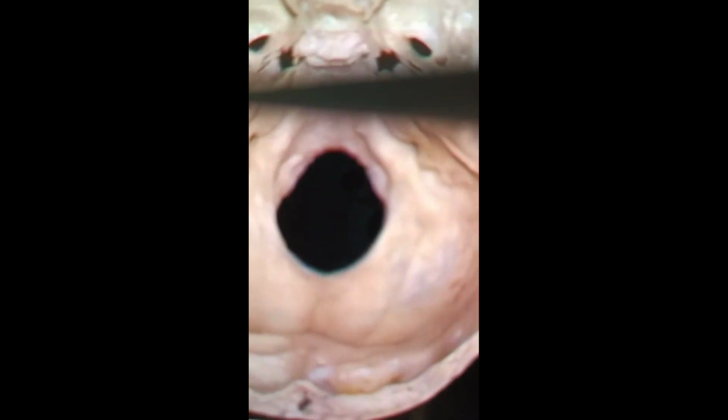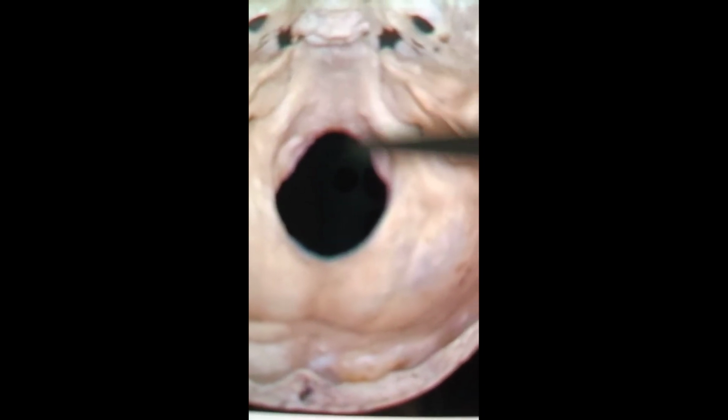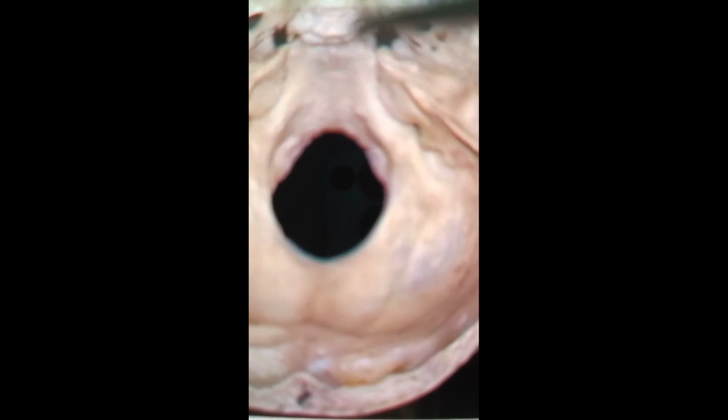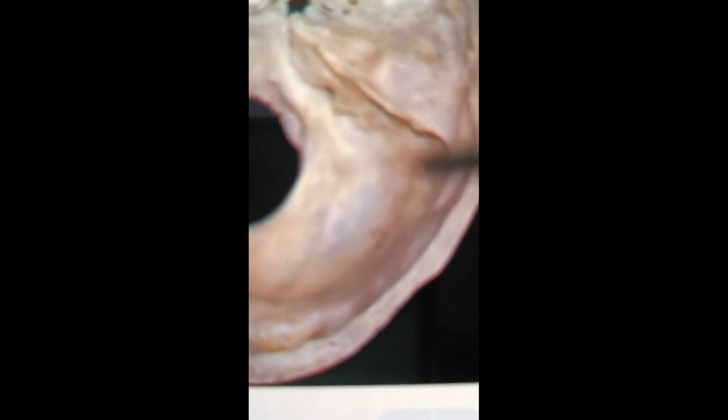Then we go on to this slope-like area, which is passing from the petrous part of the temporal bone. This ridge is the petrous part of the temporal bone. Here you have the tegmen tympani, and this tegmen tympani houses two foramens, the hiatus for the greater and lesser petrosal nerve. On this side lies the trigeminal ganglion, or this is the trigeminal impression. Then we come behind. This is the dorsum sellae. Here you have the posterior clinoid processes, and here you have the ridge of the petrous bone.